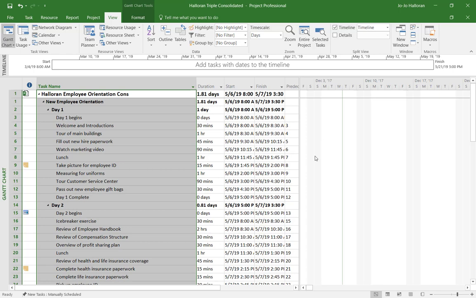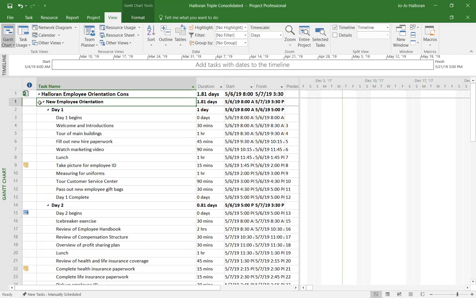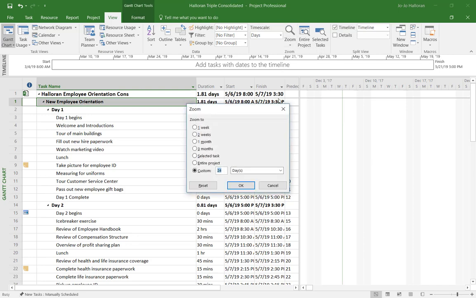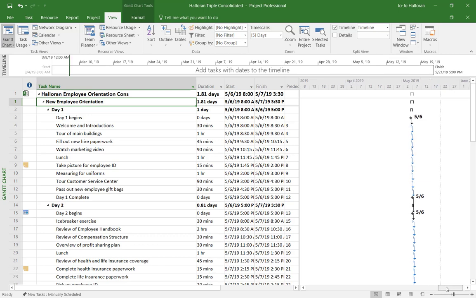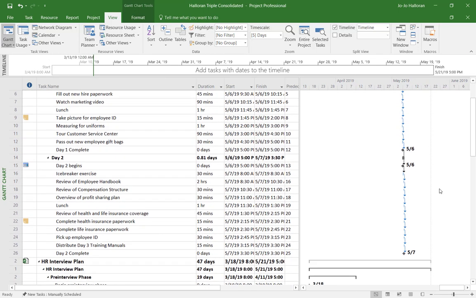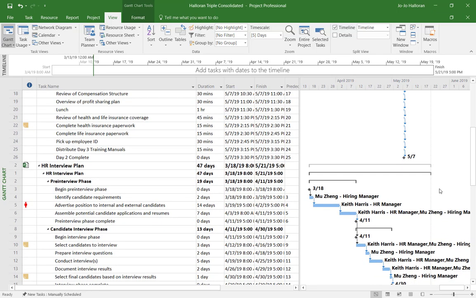Okay, now what we're going to do is we're going to go ahead and show this on the Gantt chart, okay? So what I'm going to do is I'm going to go over here and click on my zoom, and I'm going to say that I want to see the entire project. So I'm going to go ahead and click OK, and now you can see it went ahead over here and moved us over to the timeline view in the Gantt chart view,